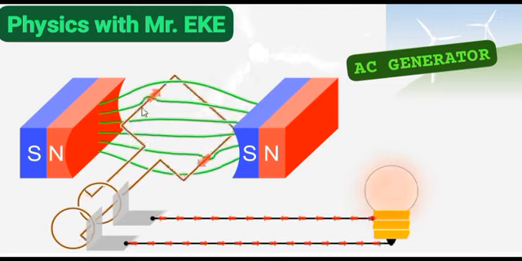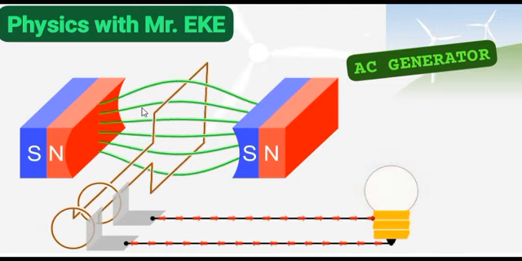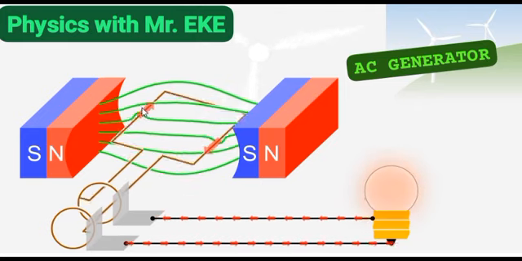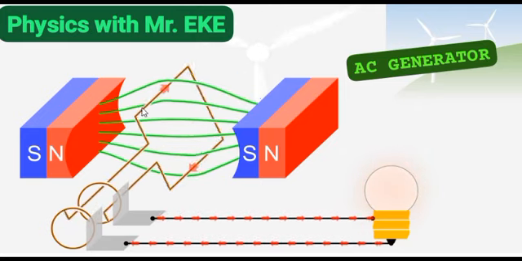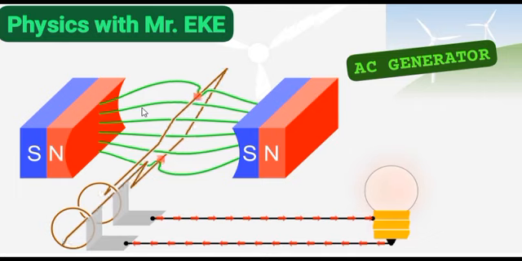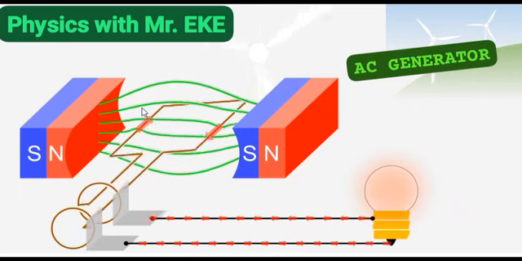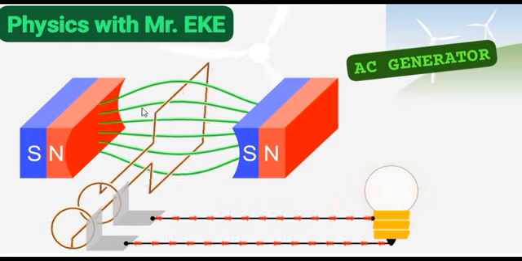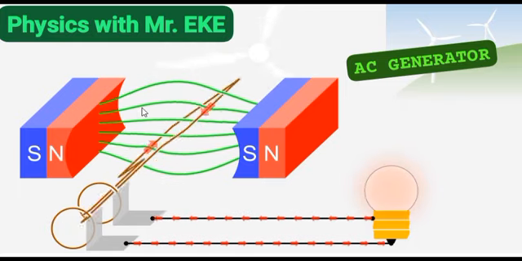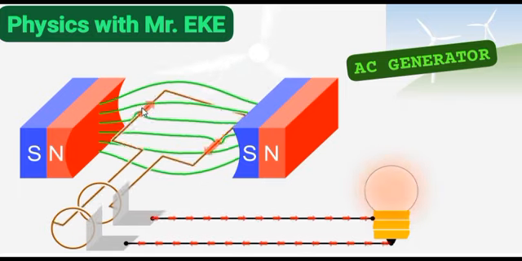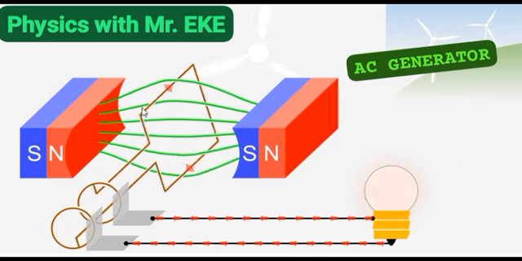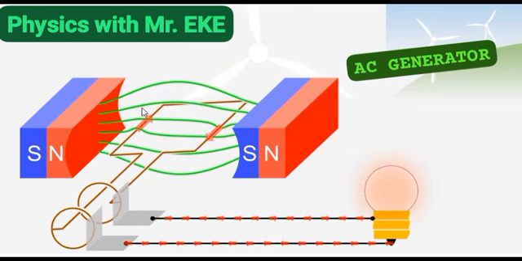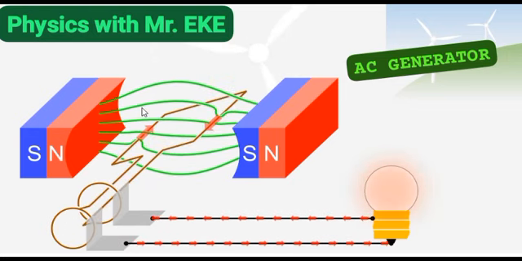Now, with regard to their structure, an AC generator has slip rings, while in the case of DC, you have split rings. And this is very, very important because we can use that structural difference to differentiate them. And most often, it's also worth mentioning here that because a DC generator uses